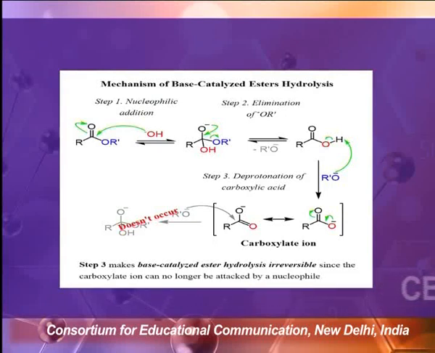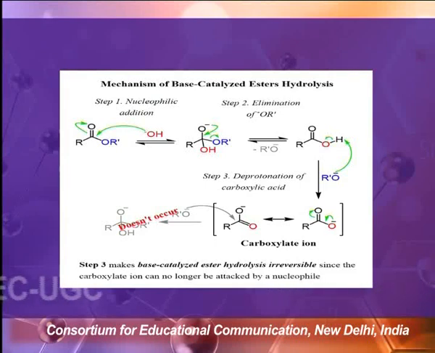Why carbonyl carbon? Because due to displacement of pi electrons towards the more electronegative oxygen atom, it leaves behind an electrophilic carbonyl carbon, and then it is attacked by the OH moiety, and you will get a tetrahedral intermediate. So in the first step, nucleophilic addition of OH will take place. In the second step, elimination of the OR moiety.